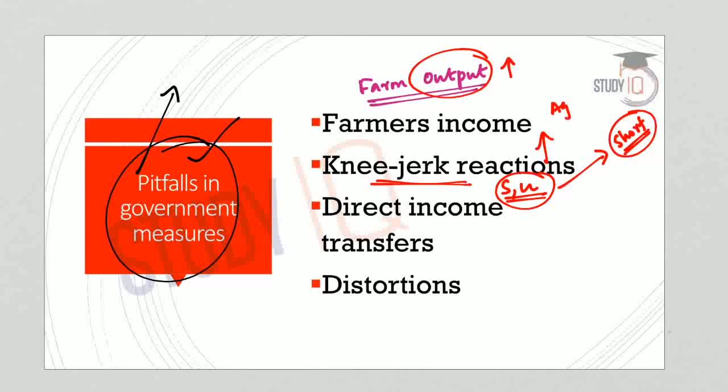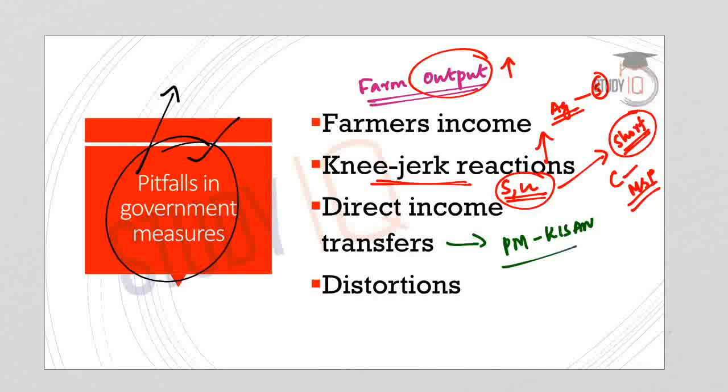For example, agriculture being a state subject, several states have initiated measures like farm loan waivers. The central government has initiated a higher minimum support price for farm produce, but all these measures will address the issue of farm distress only in the short term, and they are not helpful in the long run. Now, the current government has also initiated an income support measure in the interim budget known as PM Kisan. This is a direct income transfer scheme to help farmers increase their income.